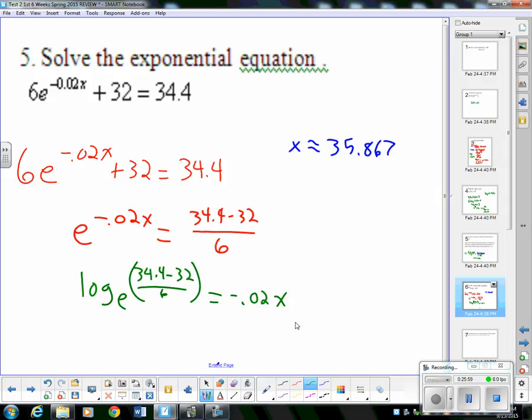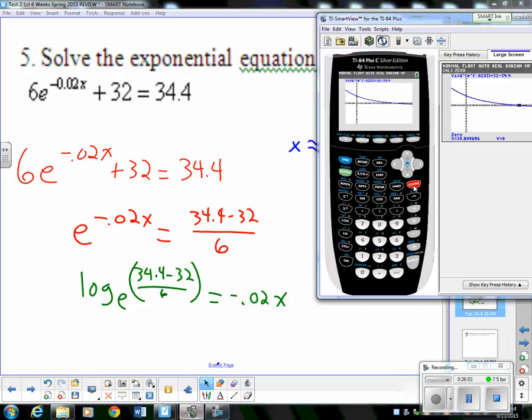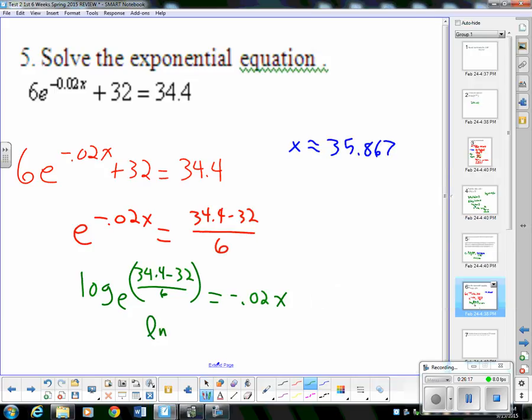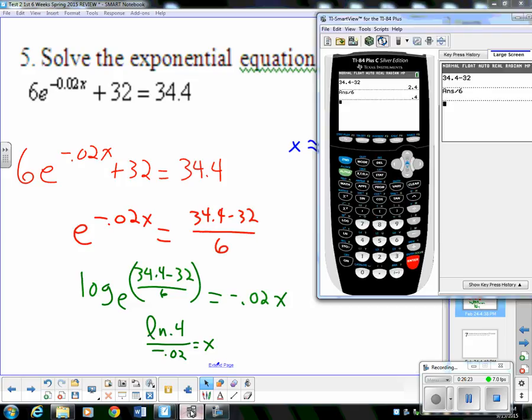Right? So what I'm going to do then, I'll go ahead and pull the calculator up. And I know 34.4 minus 32 is a number. I'm going to divide that by 6. So I get 0.4. So here's what I'm going to have. My answer is going to be the natural log of 0.4 divided by negative 0.02 is equal to x. The natural log of 0.4 divided by negative 0.02